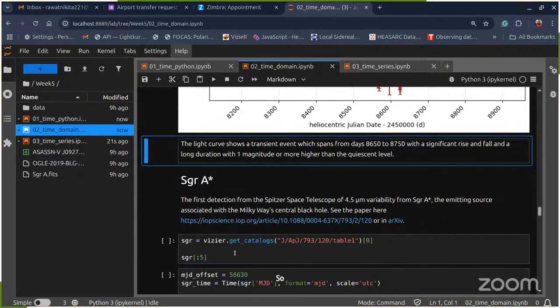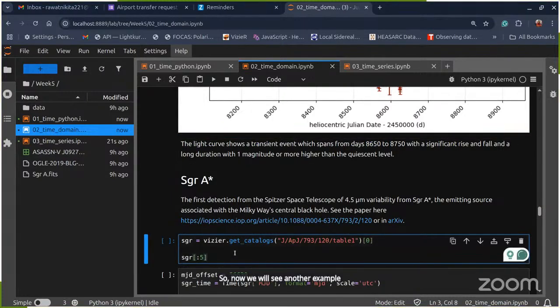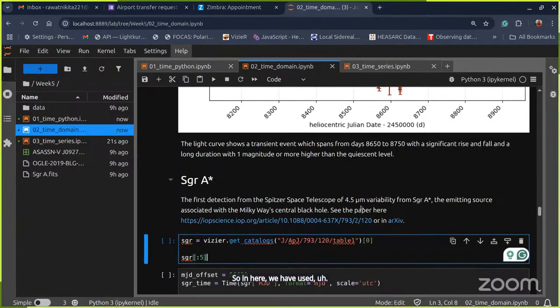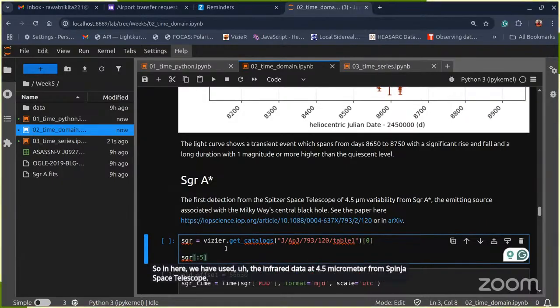So now we will see another example of a light curve. This one is very special because it's Sagittarius A, which is the central black hole of our Milky Way galaxy. Here we have used the infrared data at 4.5 micrometer from the Spitzer Space Telescope,